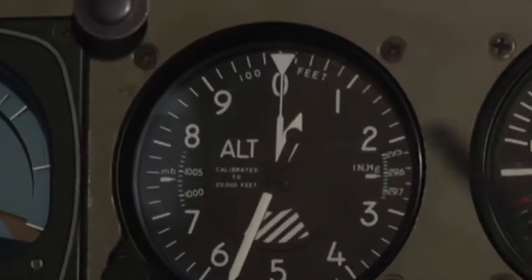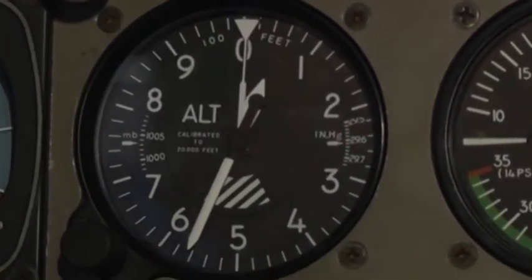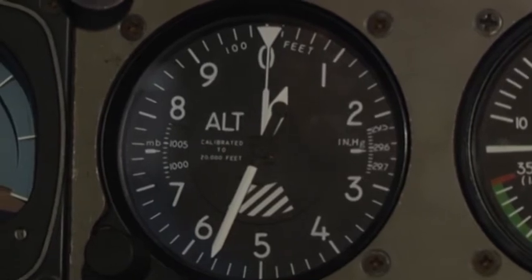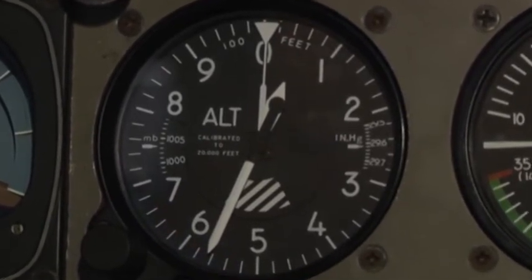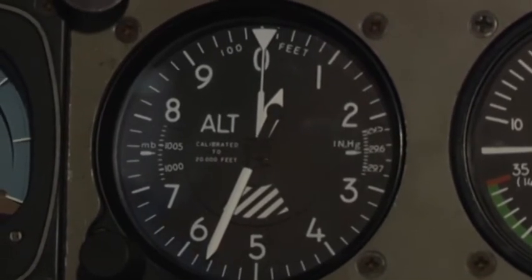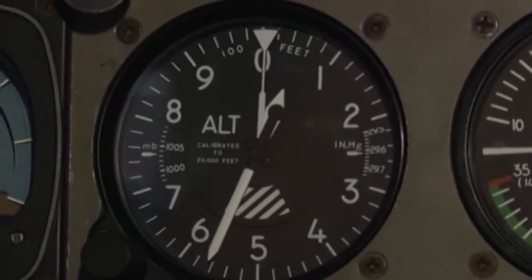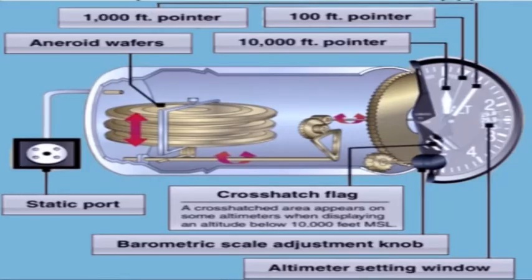So now we will be talking about the altimeter. This is the altimeter on the instrument panel. The altimeter works on the aneroid barometer principle, which is calibrated to read height. The altimeter is used to give a continuous indication of height on an aeroplane above any reference point. The altimeter is connected through the tubing to the static vents. The static pressure through the static vents and the tubing enters the static port.